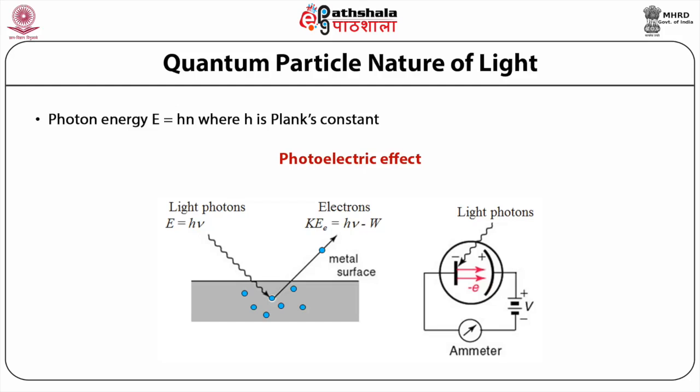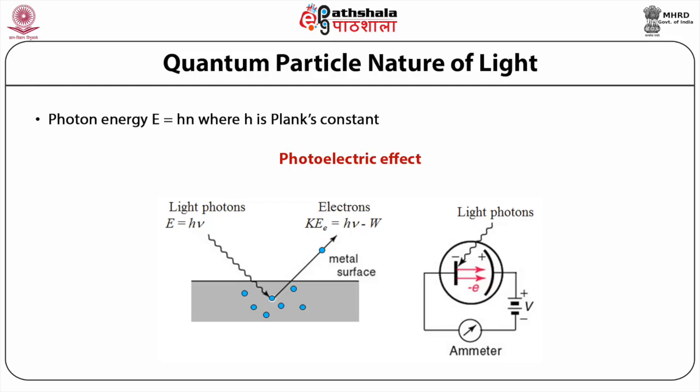And depending on the color or the frequency of the light that is shined on the surface, you have different kinetic energy of these electrons. So the kinetic energy of the electrons was not dependent on the intensity, rather it was dependent on the color or the frequency of the incident light. This was not explained properly without the help of Einstein's quantum light picture, where he considered light made of photons, and each photon